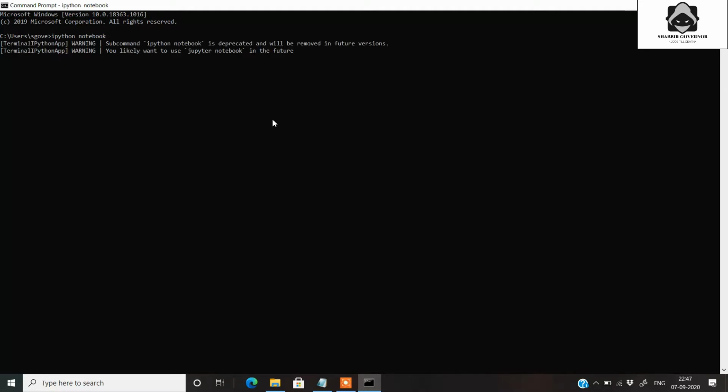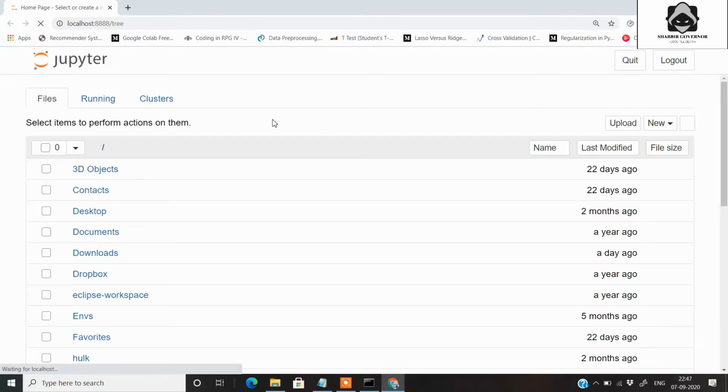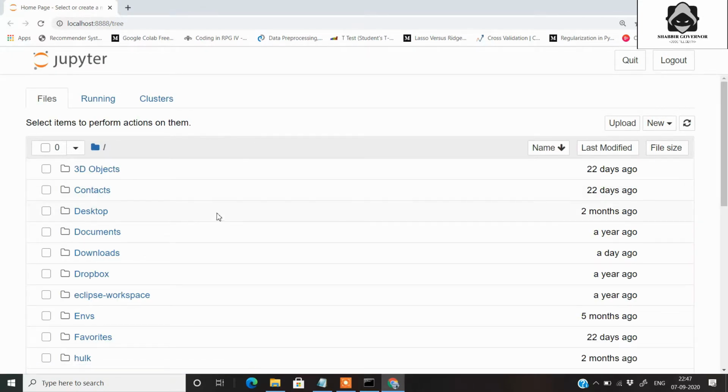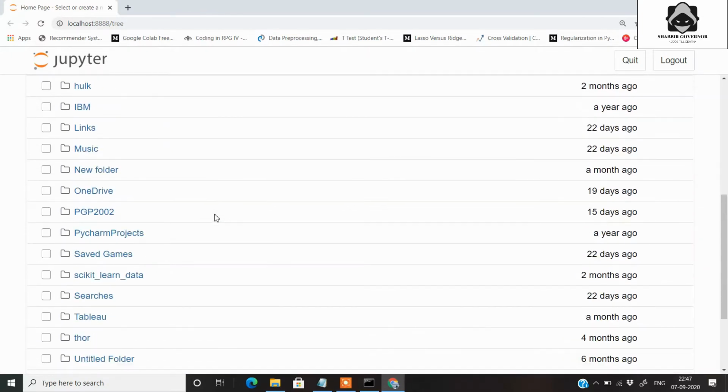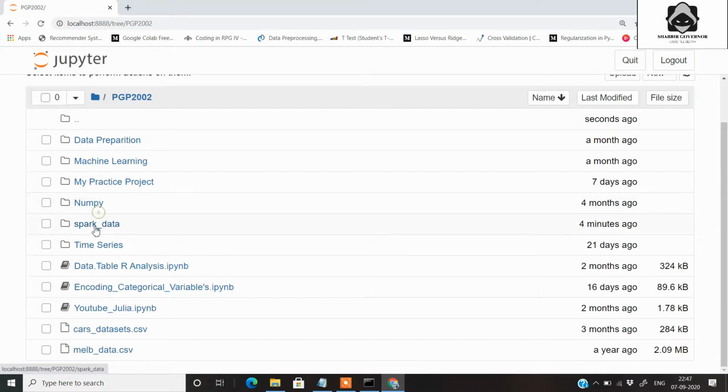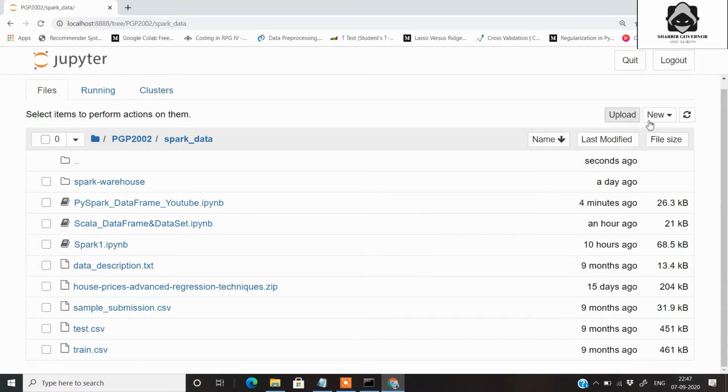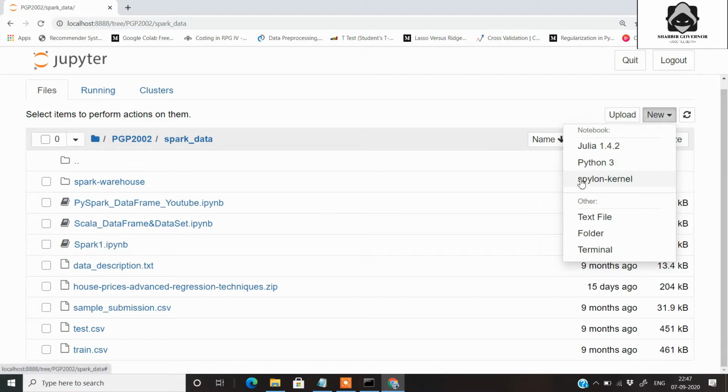I had already installed the previous two steps, so I don't need to do it again, but you need to do it if you want to work with Scala and Jupyter Notebook environment. Now if you open any file and you press on this new option, you get three options here. I already have Julia and Python installed, but beside that you also get this spylon kernel with which you can work with Scala in your Jupyter Notebooks.